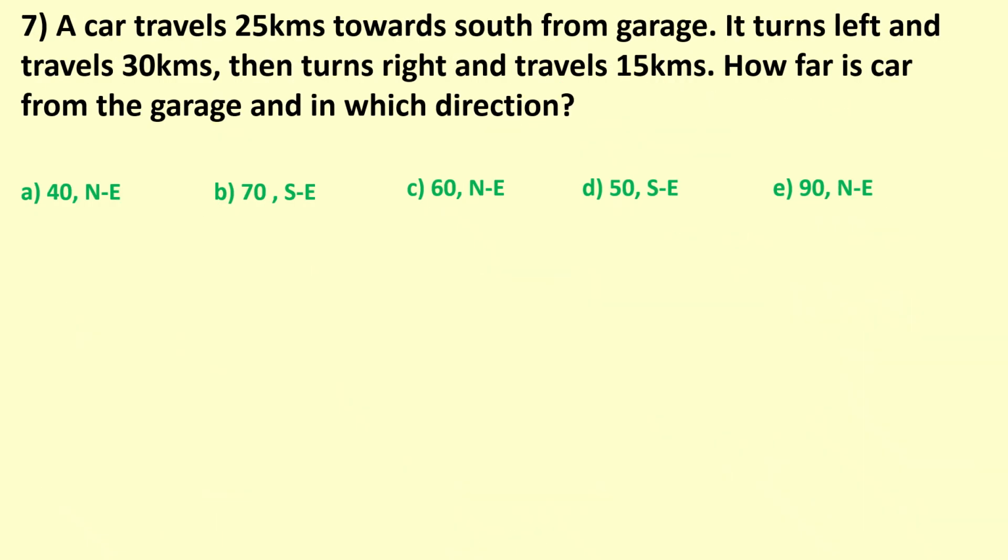ओके, 7वां क्वेश्चन आपके स्क्रीन पे। तो टाइमर स्टार्ट होता है अभी। जल्दी जल्दी सॉल्व करो, अभी तो आप लोग को तो फास्ट एंड फॉरवर्ड होना चाहिए। इस क्वेश्चन में हाउ फार इज कार फ्रॉम द गैराज एंड इन विच डायरेक्शन, डायरेक्शन भी पूछा है और डिस्टेंस भी पूछा है। एक्चुअली ये तो 30 सेकेंड्स में सॉल्व करना चाहिए, ये क्वेश्चन तो ज्यादा बड़ा भी नहीं है।